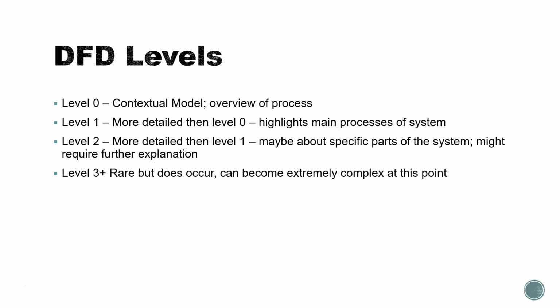Your level 2 is where you start to actually look at maybe specific parts of the system, and you can highlight specific sections within it, so that if something is going wrong somewhere along the lines, you're helping to pinpoint it. Level 3 and above, you can get examples of these very rarely, because the level of complexity goes beyond what we will need